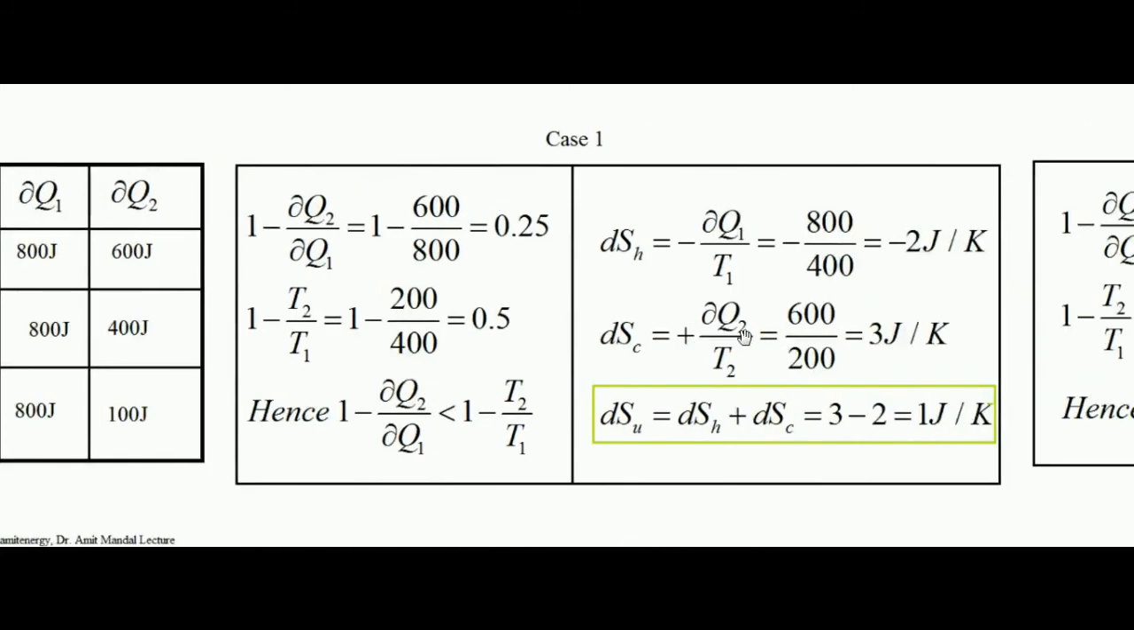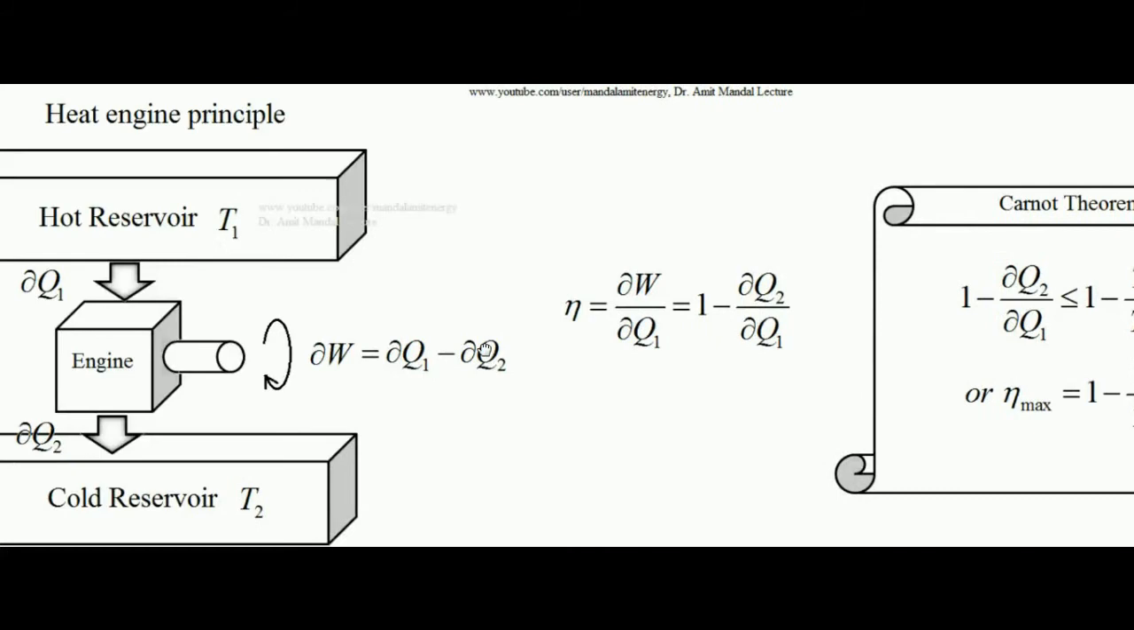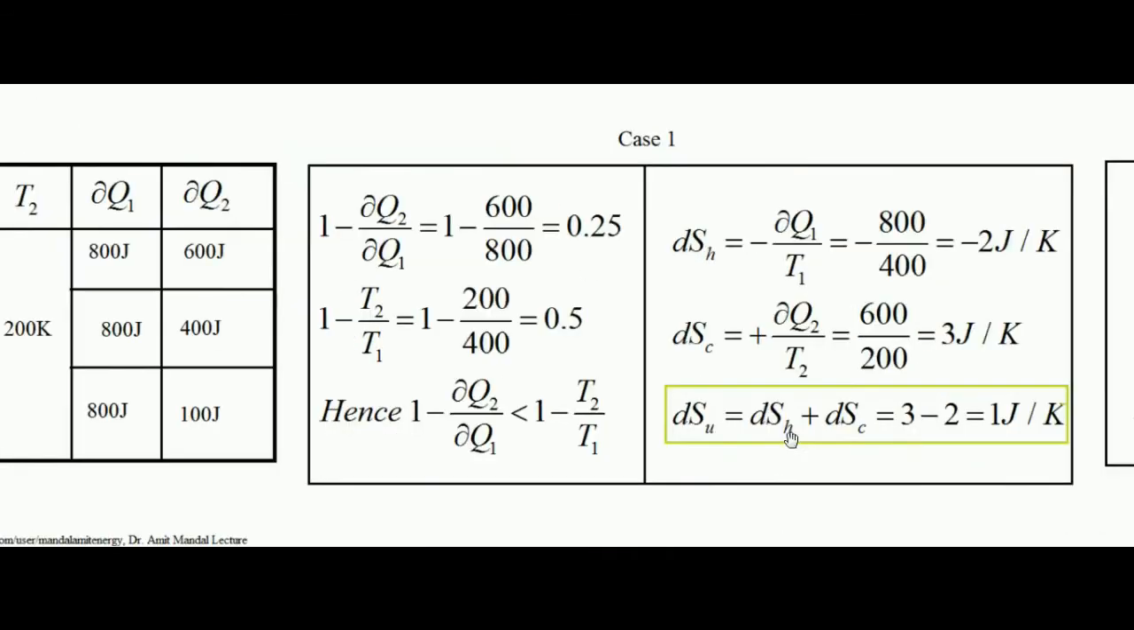So since heat is added to the cold reservoir, the entropy change will be 600 by 200, that is equal to 3 joule per Kelvin. Now what is the entropy change of the universe in this case? That is equal to the hot reservoir's entropy change plus the cold reservoir's entropy change, according to the rule which I have told here. So that comes out to be 3 minus 2, that is equal to 1 joule